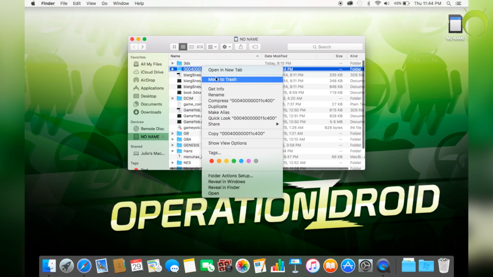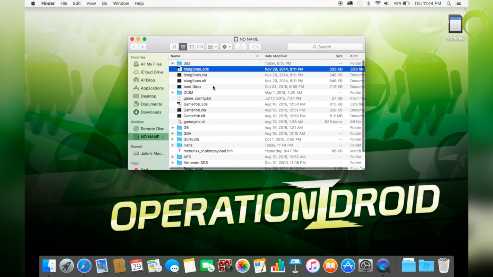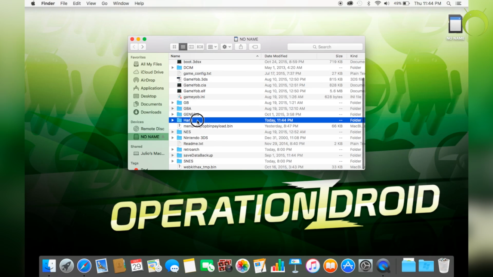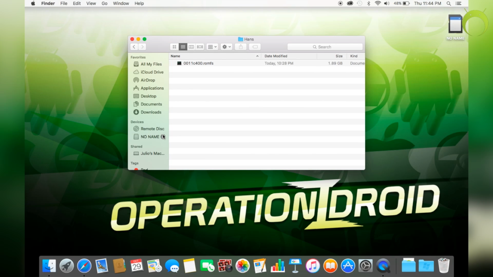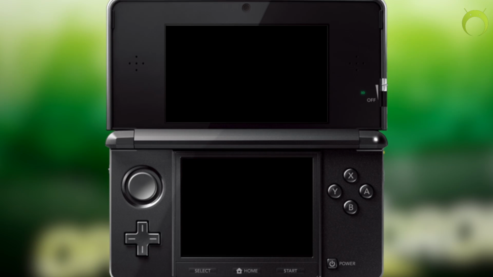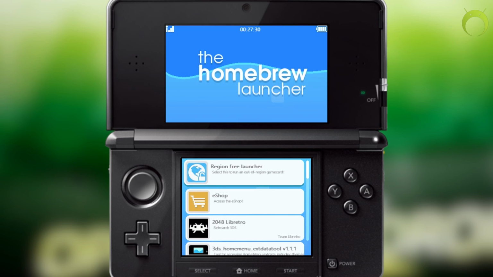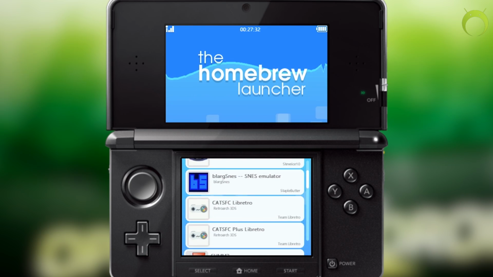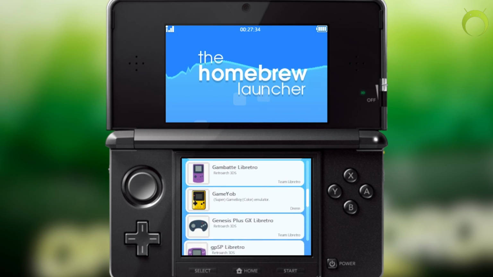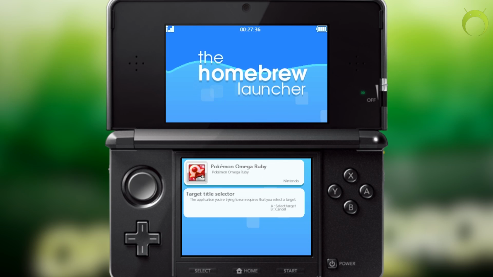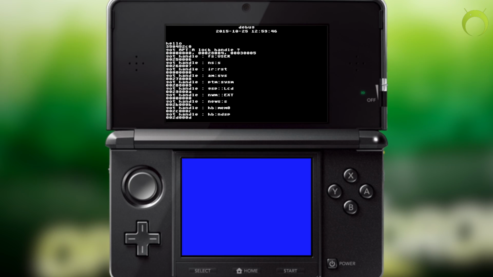And once that's done, you can delete this folder here that we got at the beginning of the tutorial. You actually could have deleted it earlier if you needed space, then you can do that to get some more space. But as you can see, we now have that ROM-FS file in the hans folder in our 3DS SD card. So put your 3DS SD card back into your 3DS and launch your homebrew, and then click on hans and launch your Pokemon Omega Ruby, Alpha Sapphire, X or Y, whatever it is, the one that you're using.